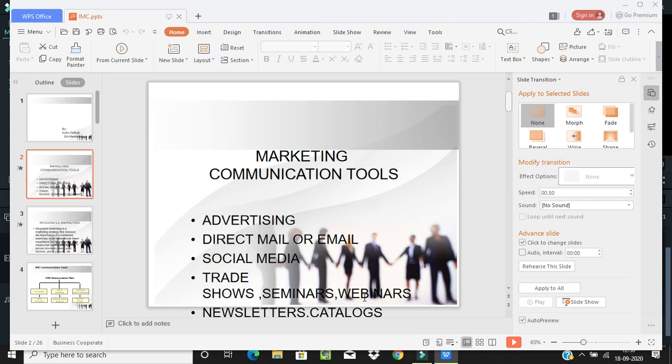Now, another tool is direct mail or email. You can send the mail to the customer. Sometimes people do not have the time to see the advertisement, so they will see the mails. Like if I take an example of IT sectors, many people nowadays are very busy in their life, so these direct mails help them become aware of the product, and chances are there that they are going to purchase it.